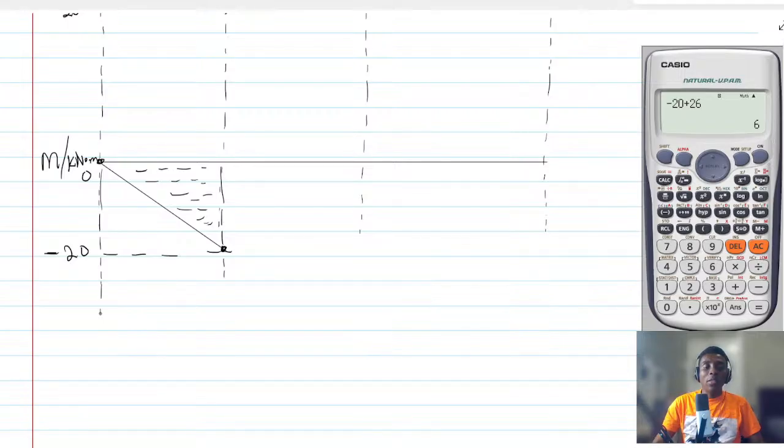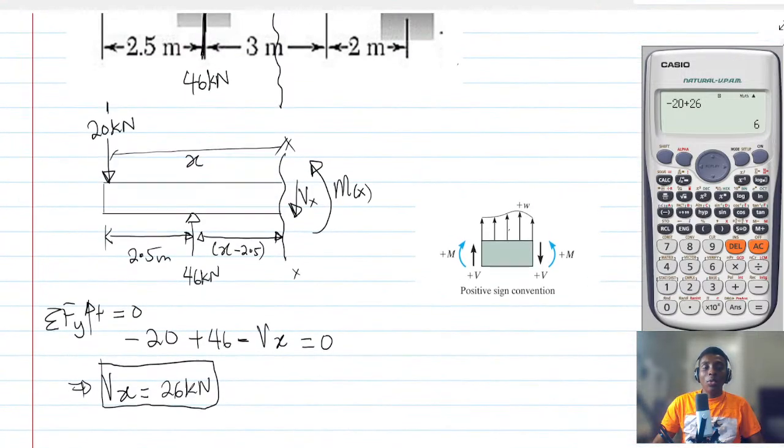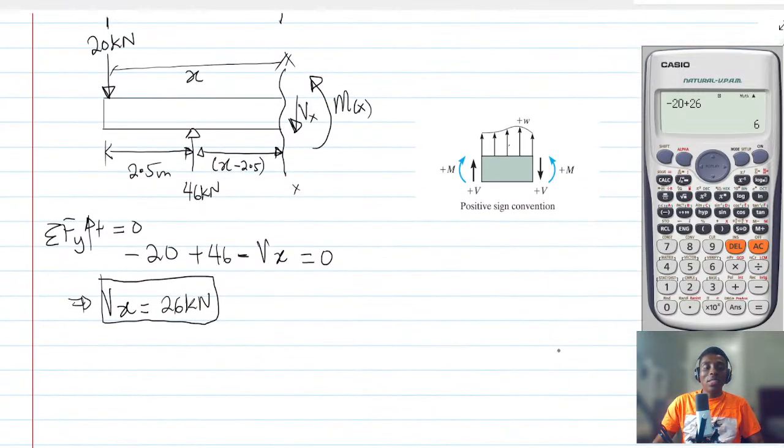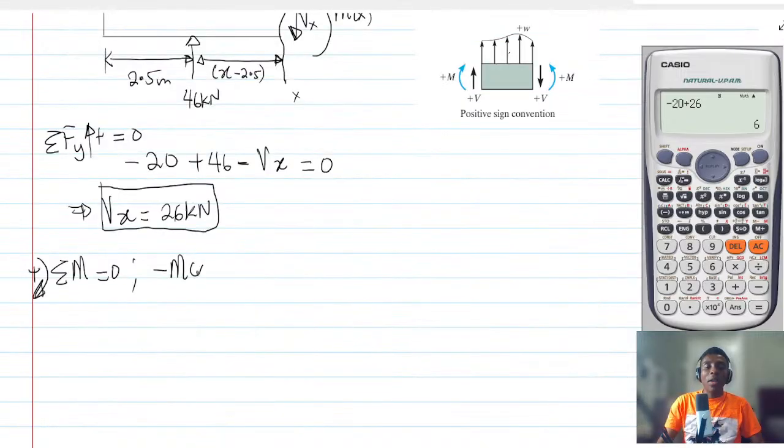So let's look at the moment. Now, I'll give you a shortcut, but I will prove it again to let you know. Let's sum moment. Positive is clockwise, equal to 0. Let's sum moment about the section XS. So we have MX already, and that one is going counterclockwise, so minus MX,